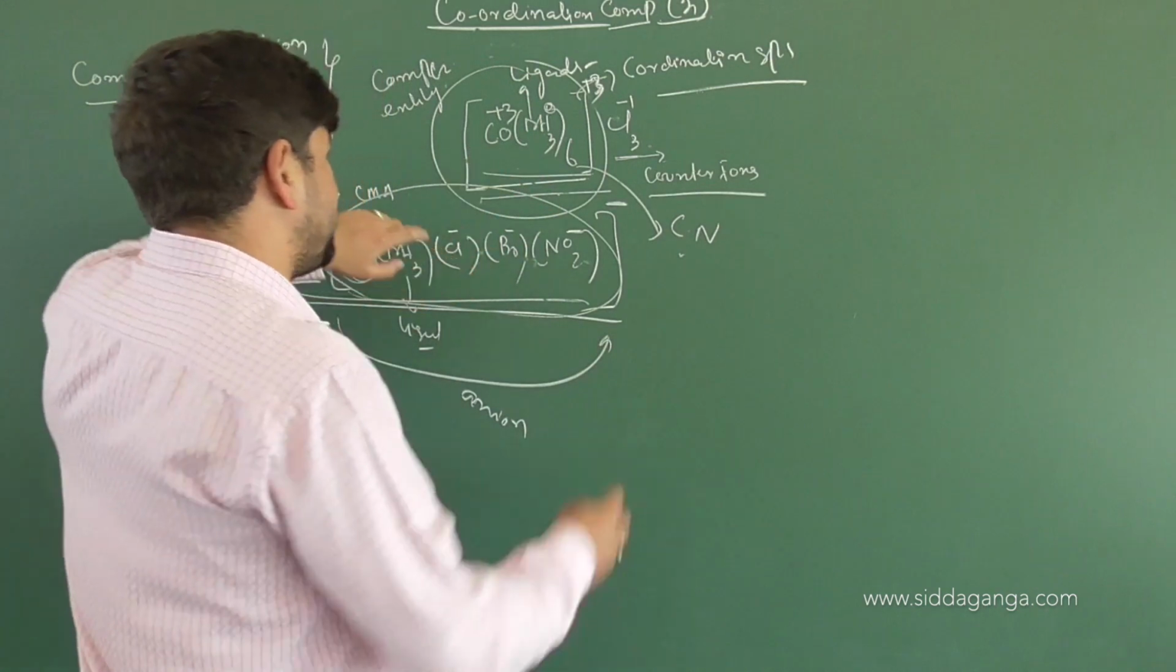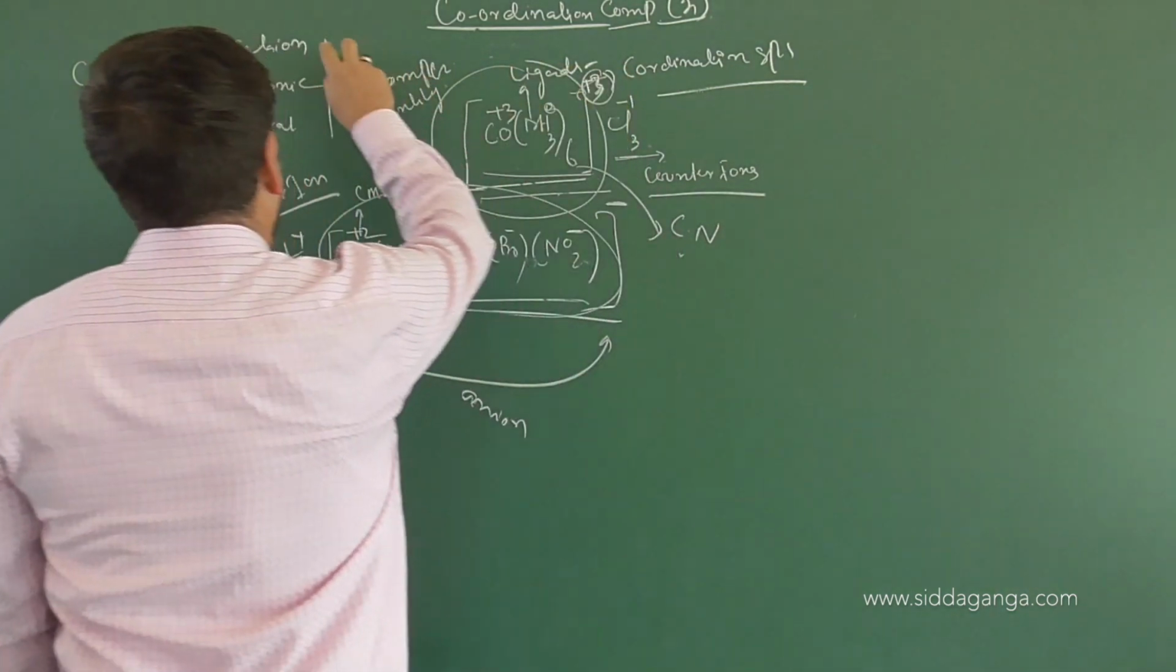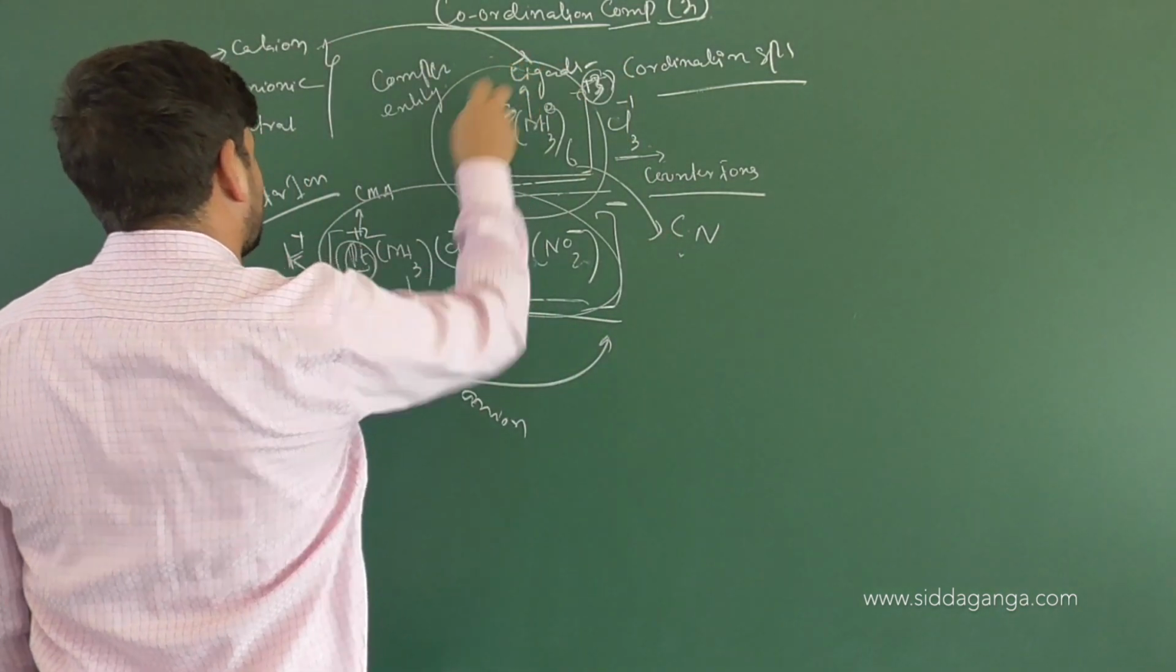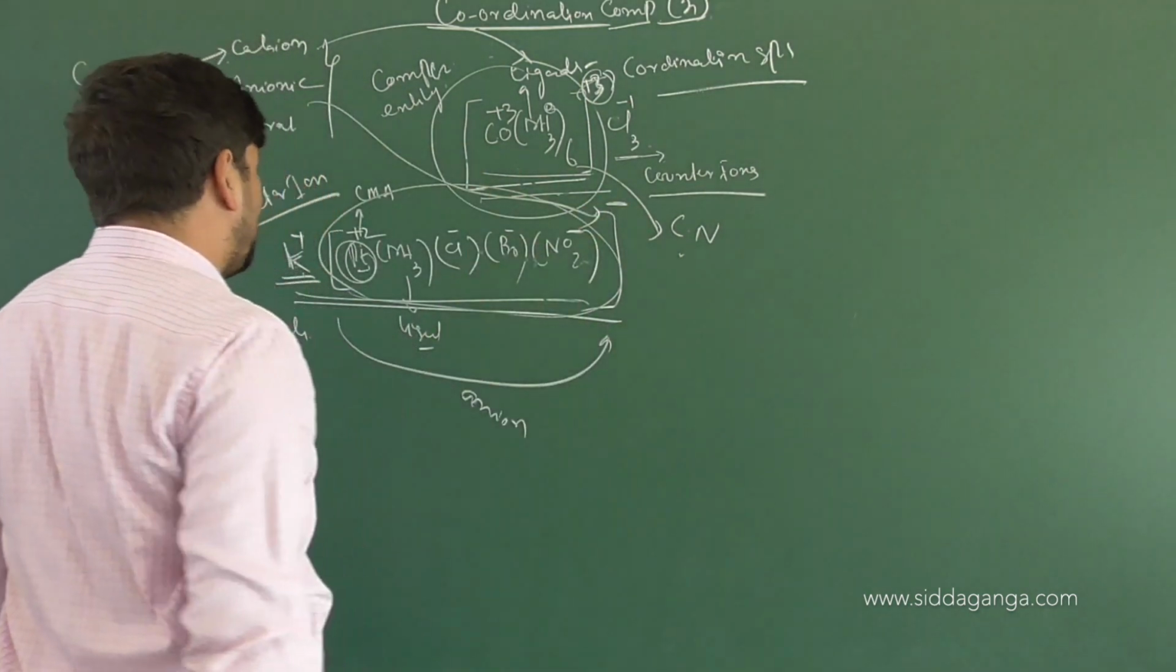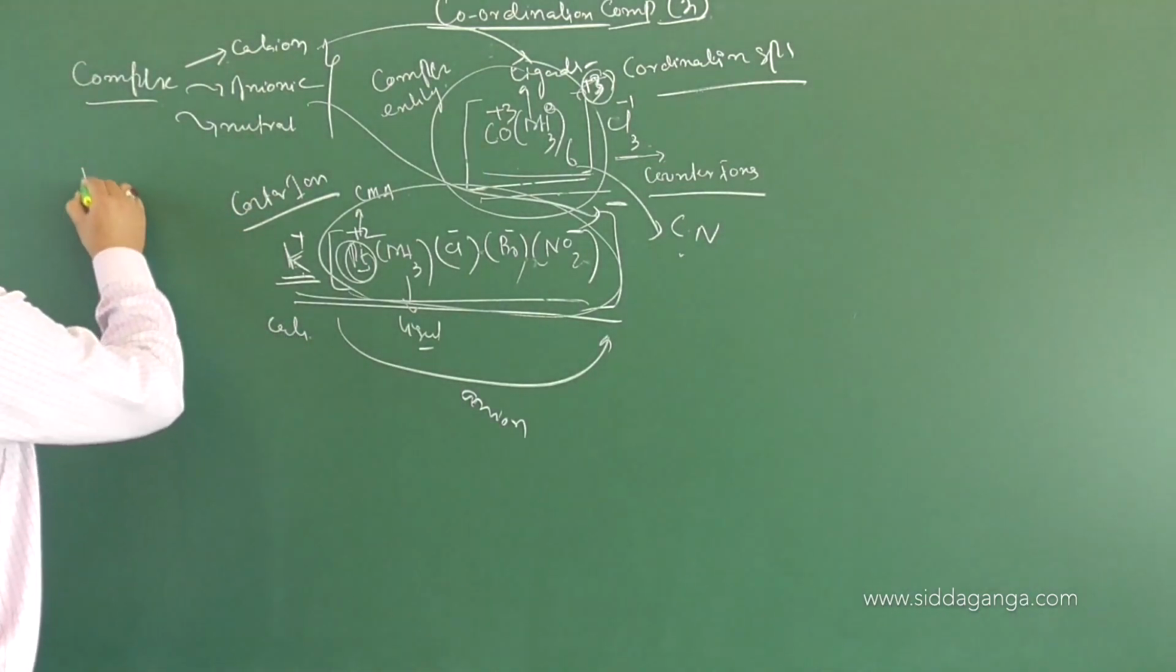So what is this complex here? What's the charge here? +3. So it is a cationic complex. What is the charge on the complex here? Minus. This is the anionic complex we have. And then a neutral complex like